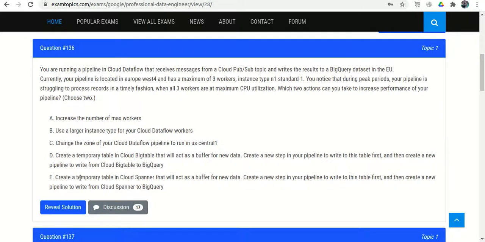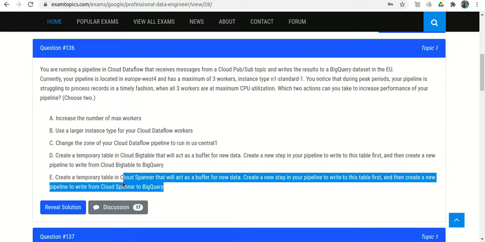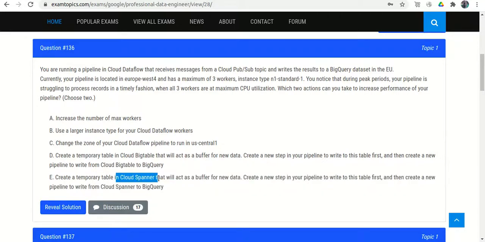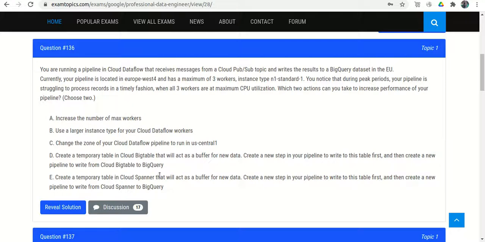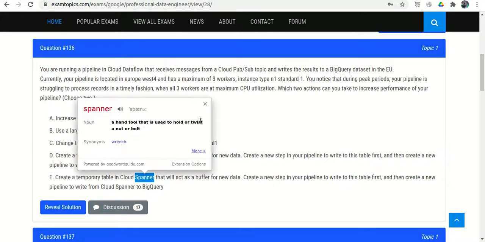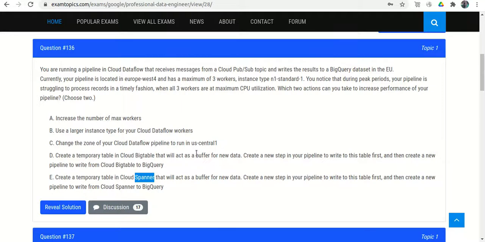Option E says to create a temporary table in Cloud Spanner, so write first in Cloud Spanner and then write to BigQuery. Again it is wrong, because it has no relation to writing the records. The relation is to processing the records. Whether we write the records into BigQuery or Spanner, processing will still be impacted.